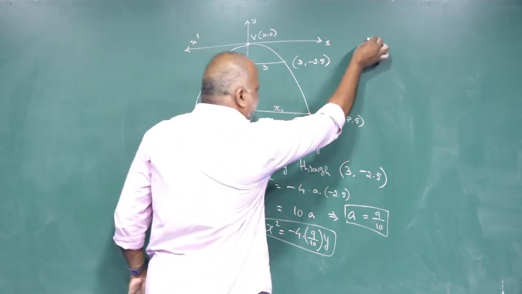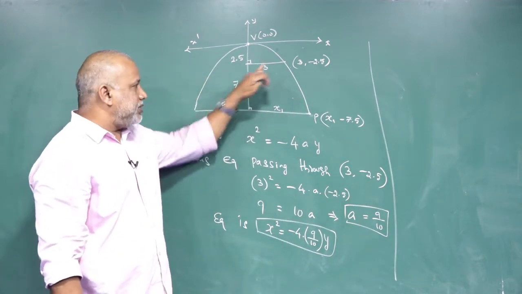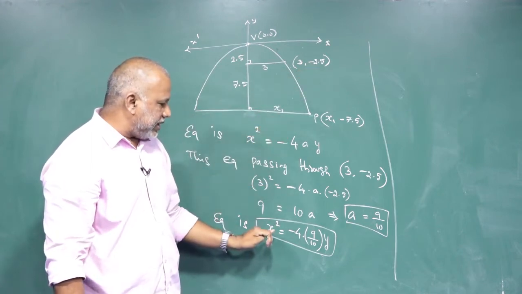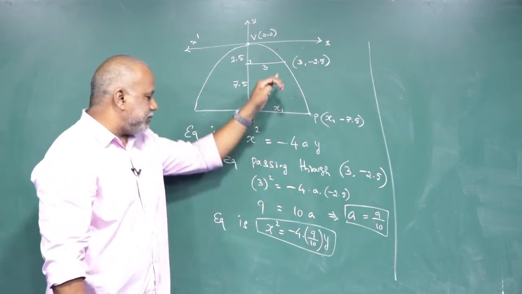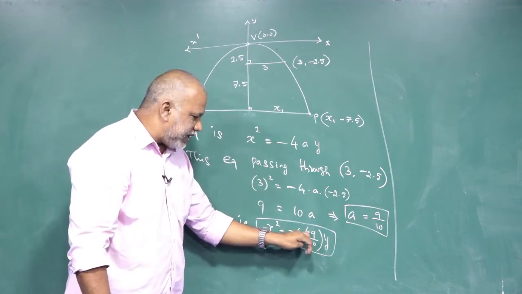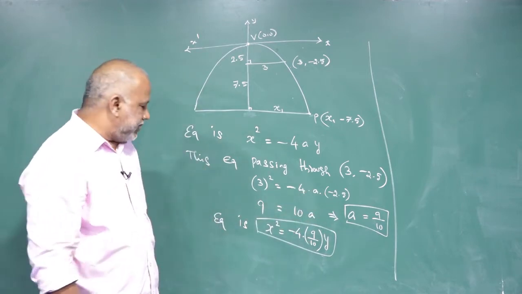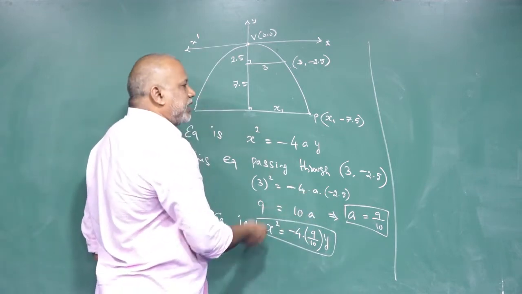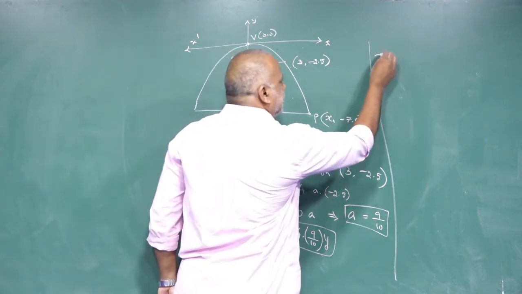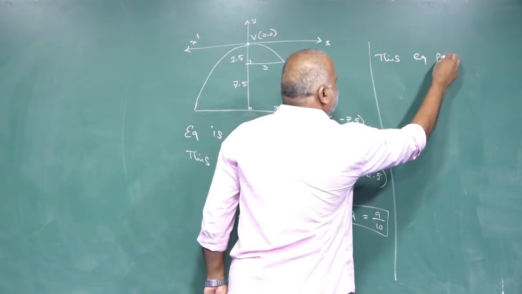Now listen to the words carefully. Now this parabola passes through the point 3 comma minus 2.5. Substitute the data. We are able to work out a. Once again substitute the a here: x squared equal to minus 4, the value of a is 9 by 10, y. Then we have worked out the value. Now again we are going to find out this value x1. How is it possible? This equation is passing through